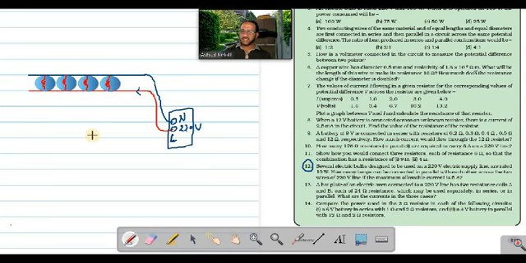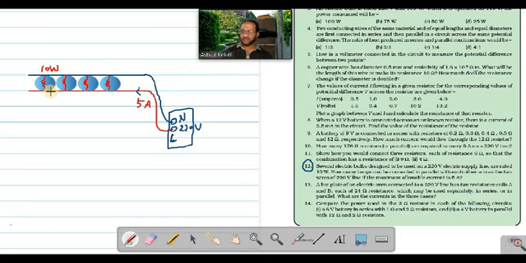For each bulb, power is given as 10 watts. They are working in 220 volt line and 10 watts is the power. So each of these bulbs has 10 watts power, and they are working in 220 volt line. Live wire and neutral wire are common, which means it is a parallel combination. In this parallel combination, how many LED bulbs can be added so that when we switch on all the LED bulbs, the maximum current in this main line should be only 5 ampere, and 220 volt is the line.